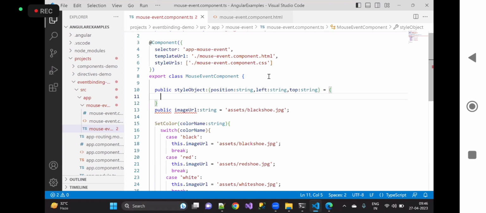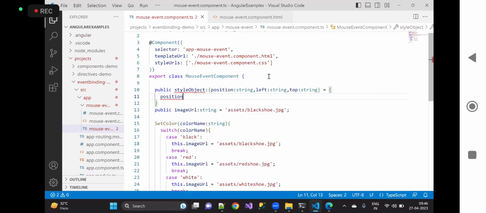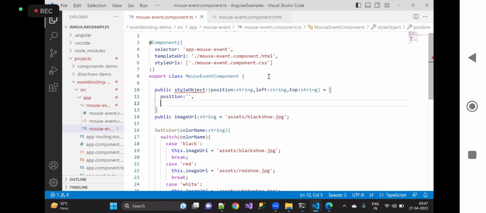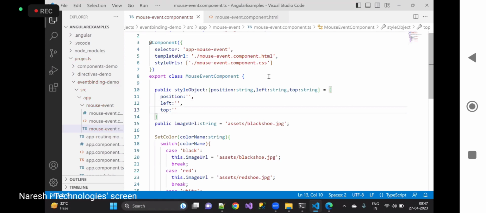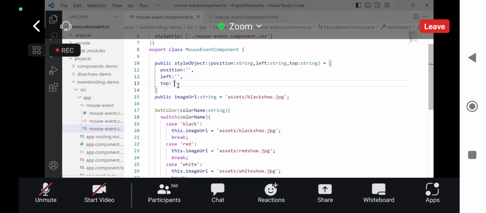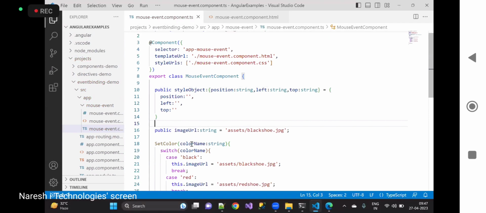And here I'm going to assign all the properties. The first one is the position, initialized with an empty value at this moment, then I'm going to give the left as empty, and at the same time top is also going to be empty, that bottom. Now what I just want to do is,